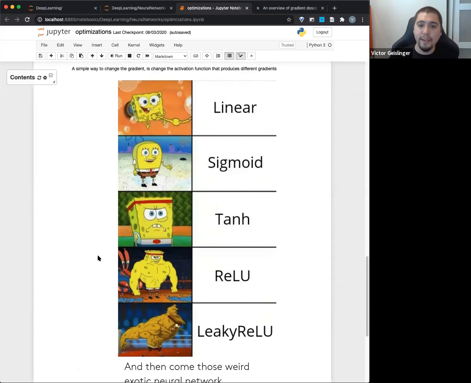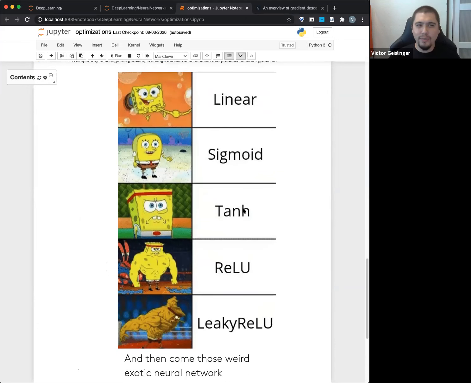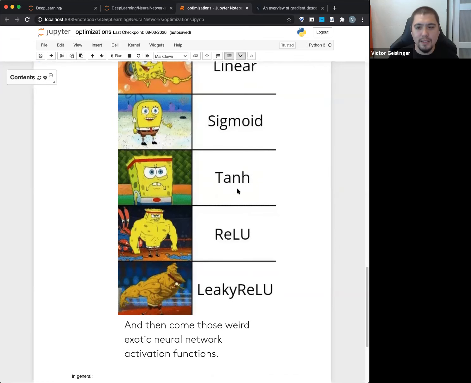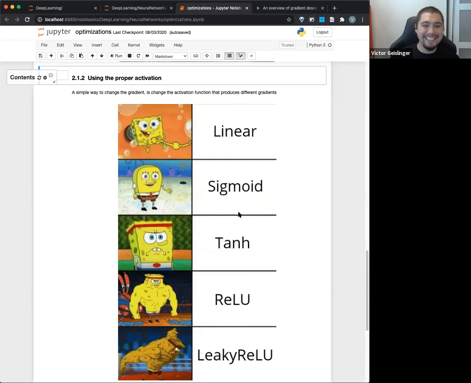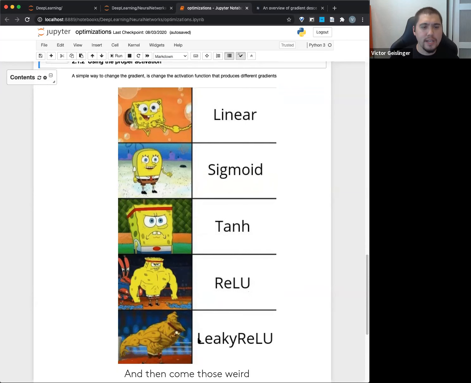I came across this randomly, and I just thought it was a really good example of this. This is more or less the order of what you think of activation function wise. Hyperbolic tangent, I'd say, is probably at the very least, don't use sigmoid. Probably hyperbolic tangent would be what you use if you're not going to use, for whatever reason, ReLU or leaky ReLU or some variation of that.